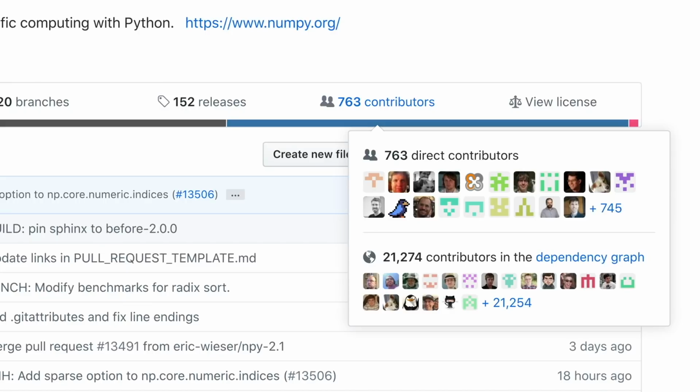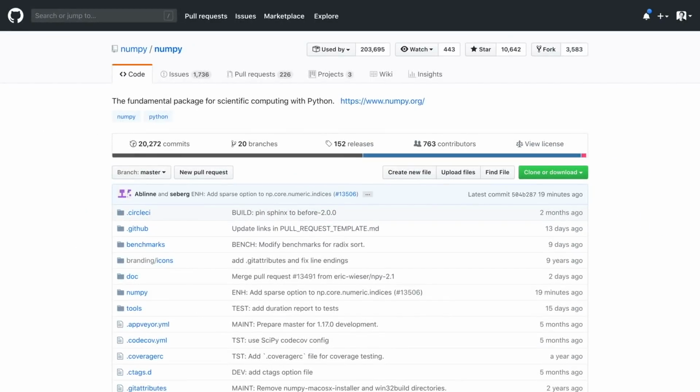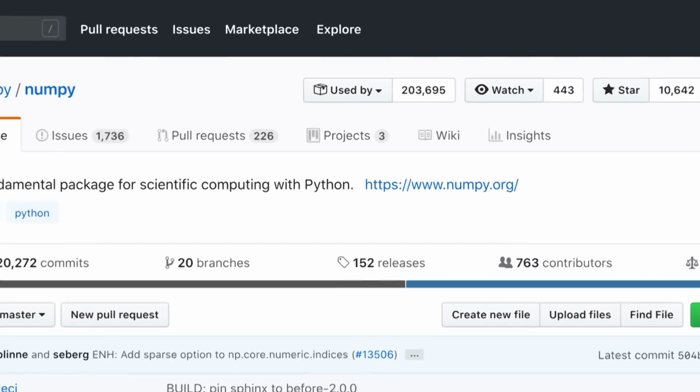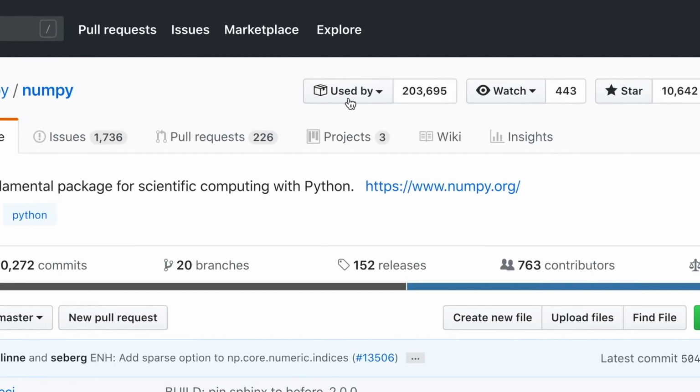It's pretty cool. Then, we're adding a new signal for you to understand a repo's popularity. So right now, when you look at a repo, you can see how many forks it has, how many stars it has, how many people are watching it. Now, we're adding used by, so you can see how many other projects on GitHub make use of the dependencies, the packages that are in that repo.